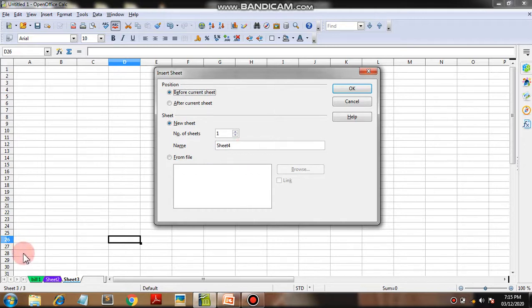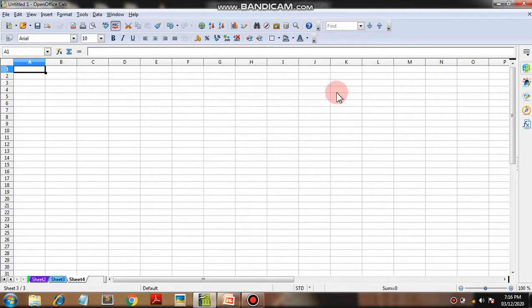Suppose first of all I choose sheet 3. If I want a sheet between sheet 2 and sheet 3, then I choose before current sheet. If I want a sheet after sheet 3, then I choose after current sheet. Then we will choose after current sheet and then OK. See, sheet 4 is available because we chose after current sheet.